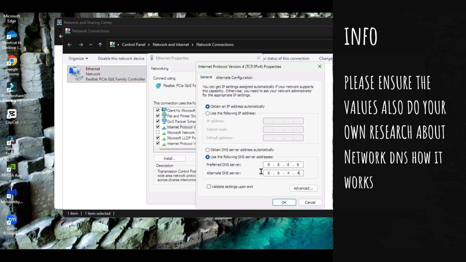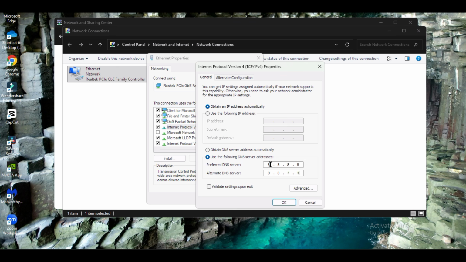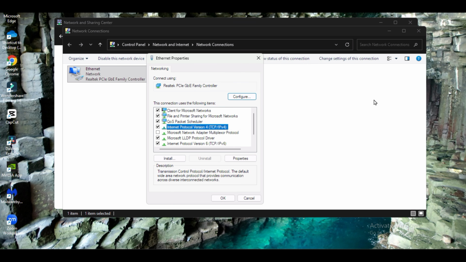If you want to find the DNS server of Google or Cloudflare, search in Google, what is the DNS server of Google or Cloudflare. Then it will be four numbers, and put them here in the preferred DNS server and alternate DNS server. Then save settings. So hopefully